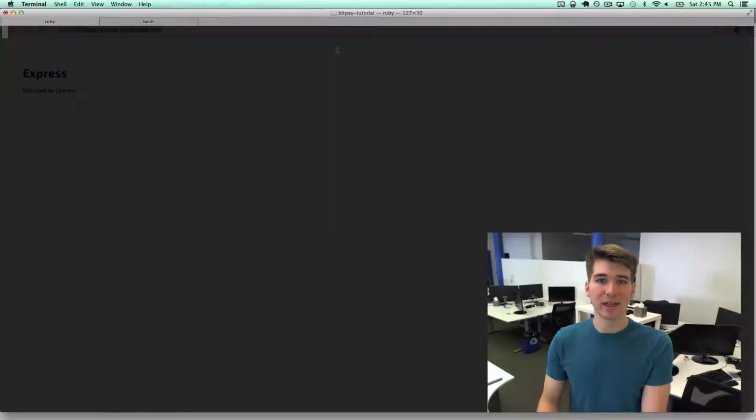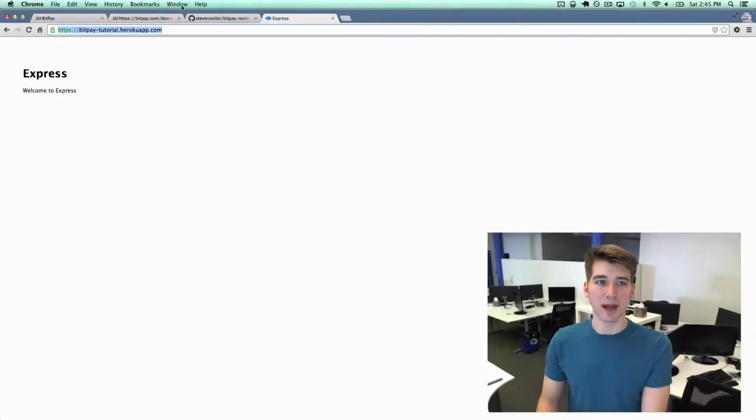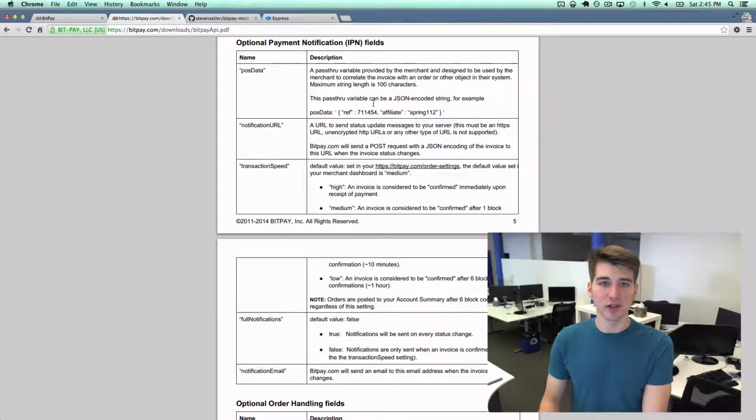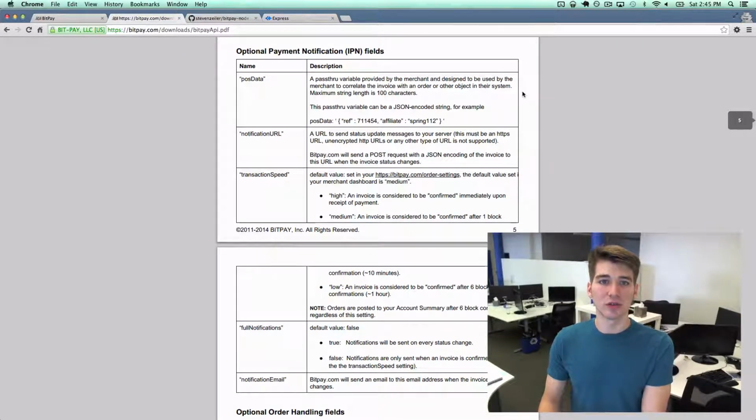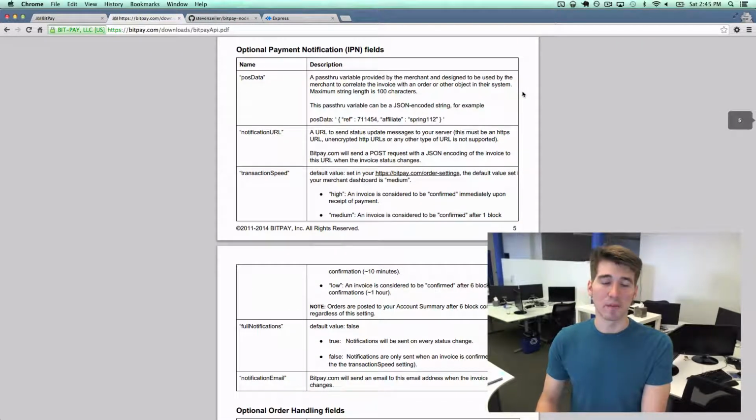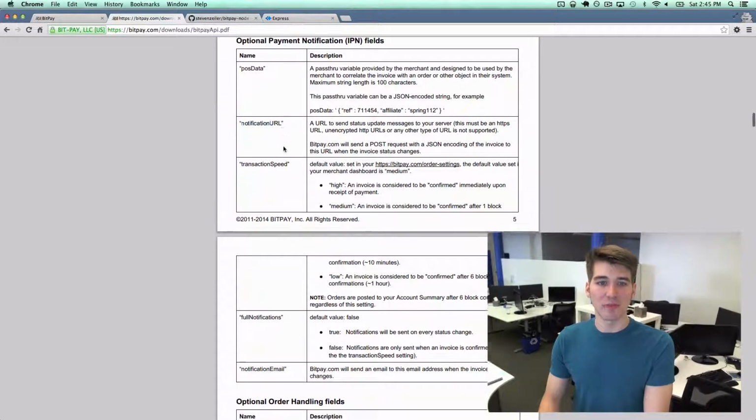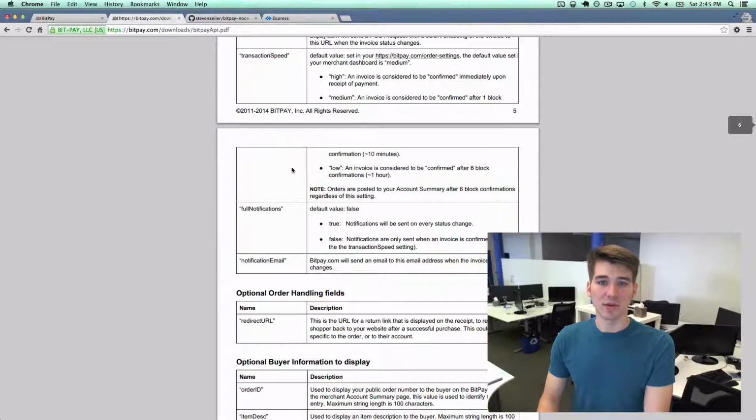Now it's time to generate an invoice from BitPay. If we look at the BitPay documentation, there are a few optional URL fields or post fields that we can use. Notification URL is definitely the most important one for this task. We'll specify the URL, and I'm going to also